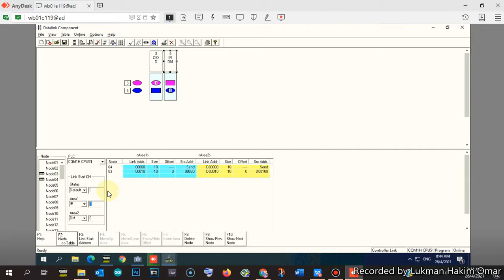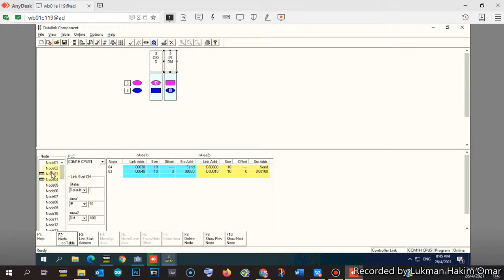Master PLC uses CIO 30, so we use IR 30 also for the slave PLC. For area 2, it is slightly different from the master PLC. Master PLC uses D, but the slave PLC uses DM. DM is the same as D in the master PLC. So this will also be the same, 100, for area number 2.